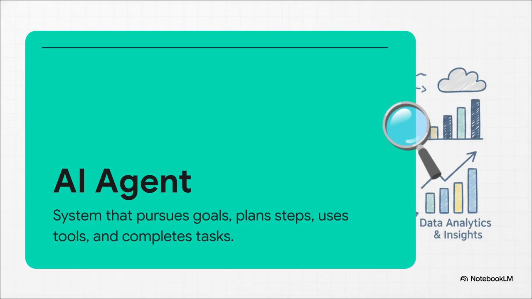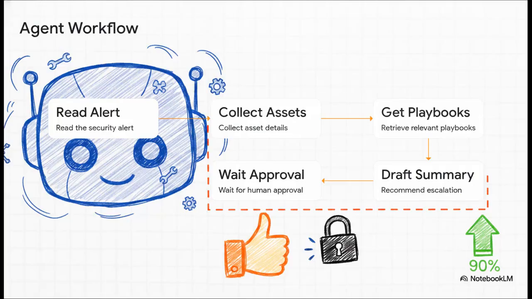This is because they actively pull levers. By utilizing APIs, they write back into your systems. They can automatically route tickets, isolate compromised servers, or change configuration settings. They don't just talk, they actually do. Let's look at an AI agent managing a security incident to see how this orchestration works.